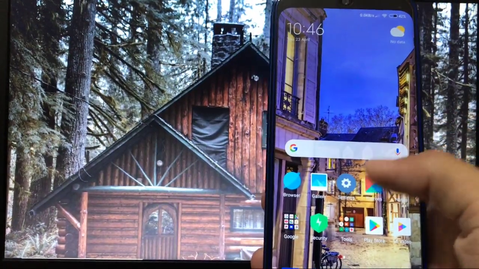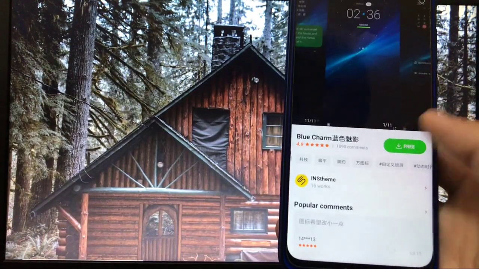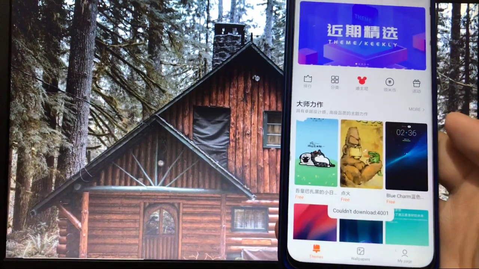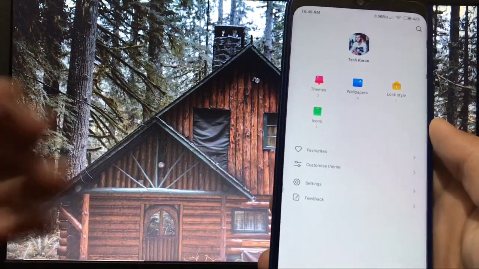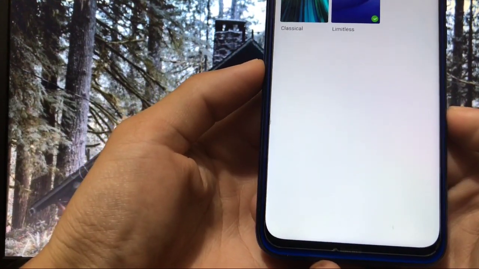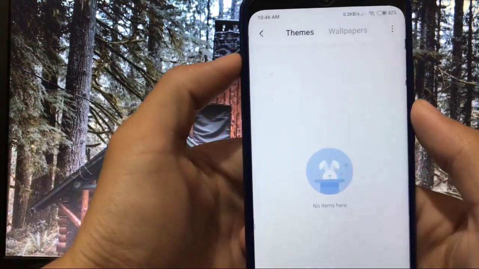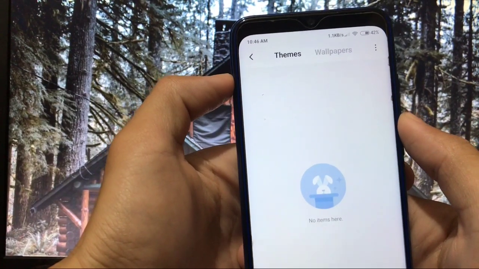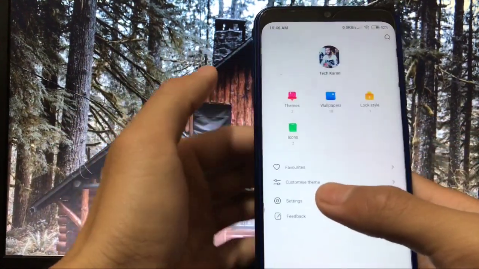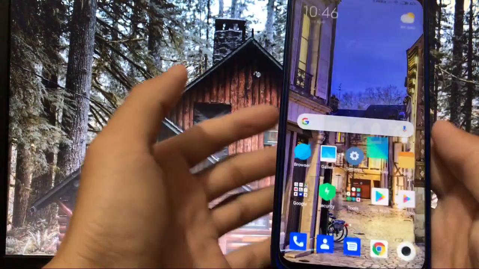Theme Center is here, which you get here is the Chinese Theme Center. This is a global ROM, but unfortunately you cannot apply themes, you cannot install themes from here. That's the thing, you have to sacrifice without using the themes. And everywhere here you don't get any option to import your third-party themes too. So another negative thing is here, you don't get any favorite themes, which I already applied for, and I didn't get any of my favorite themes listed here. I cannot install those themes. Whenever I search, I didn't get those themes too. So Theme Center is not working. That's the thing you have to keep in mind.